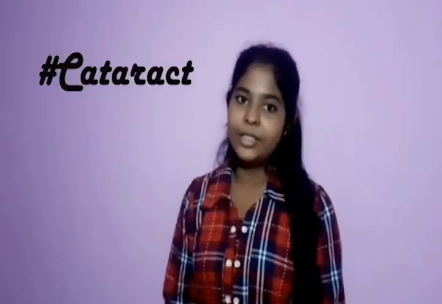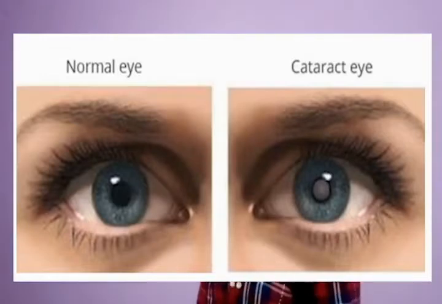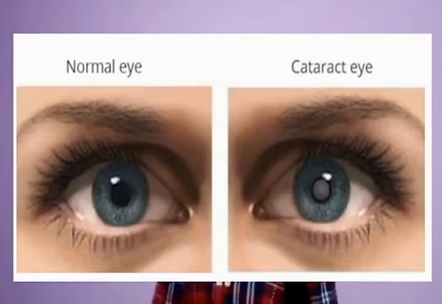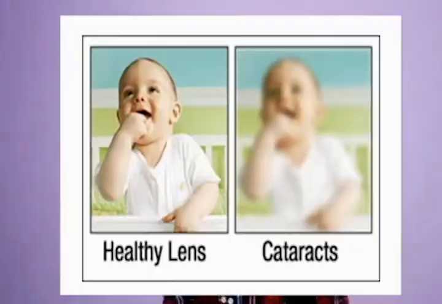Cataract means the cloudiness or opacity in the eye. Due to this, the eye lens turns into milky color. In this picture, you can see the eye lens turns into milky color. This occurs due to decreasing of protein in the eye. It prevents the light rays from entering the eye and focusing on the retina. In this picture, you can see how a person with cataract sees the objects.